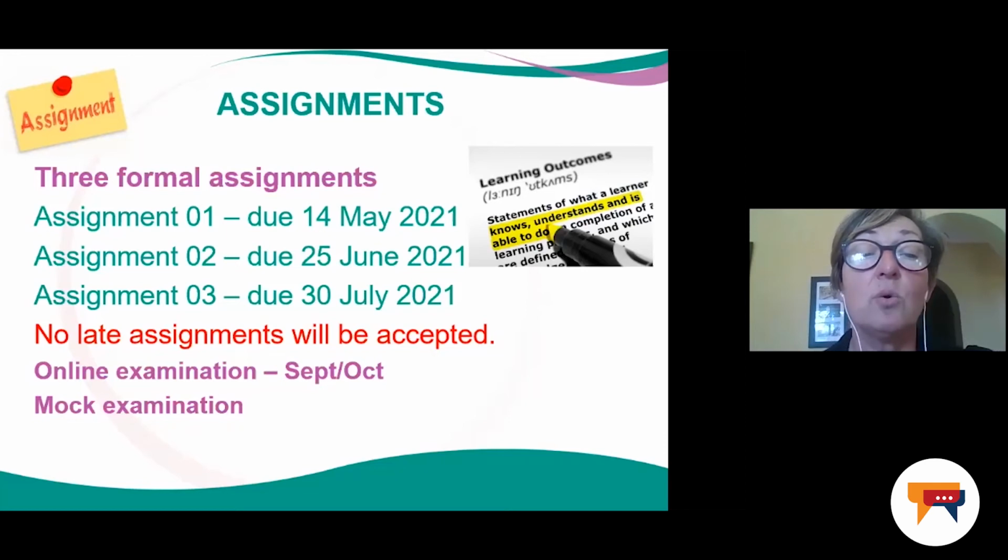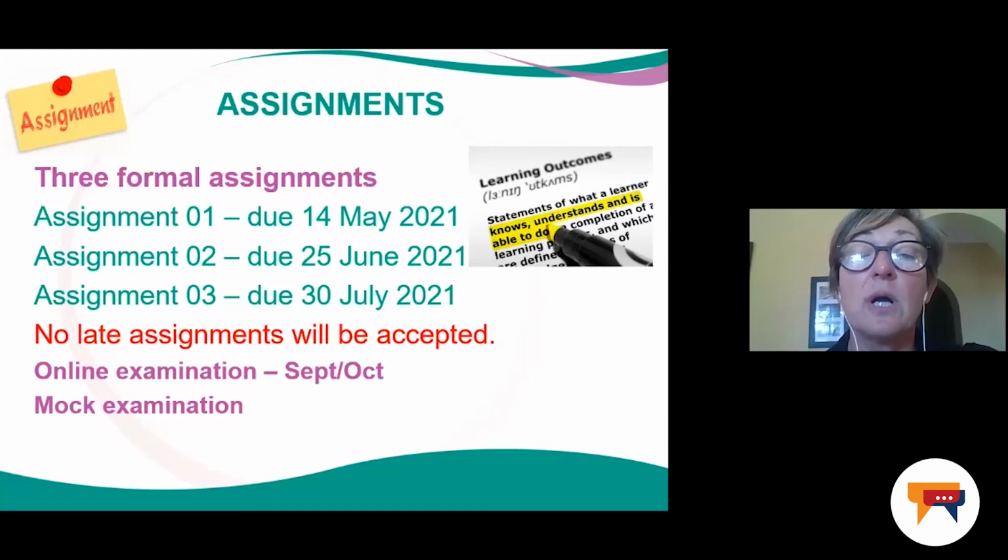Also, if you know that you are not going to submit in time due to some unforeseen or foreseen challenge, it's quite different when you fell sick and you're being hospitalized. We know it's COVID, we know people get sick, but then you need to submit a doctor's certificate proving that you were sick. If you have any other challenge, please try and notify us beforehand, so that we avoid the situation of many students almost 2 months after submission still trying to send us the assignments via email. We will not accept that.